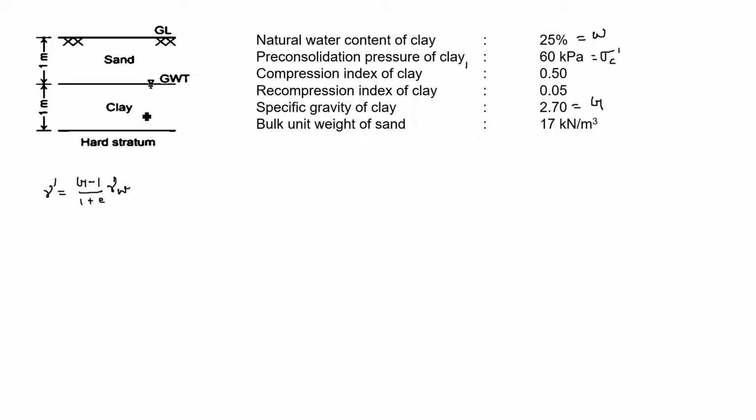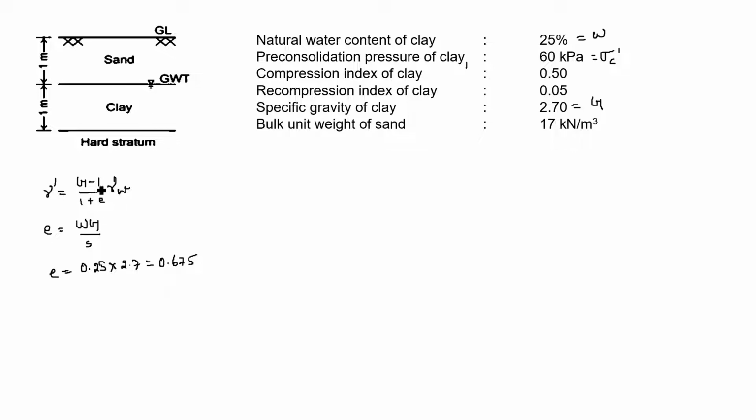So we can find the void ratio. We know the relationship between e, w, G and S. In this figure, the clay is under submerged condition, so S will be 1 since the soil is saturated. So e is equal to w into G. The w is given as 0.25 and G is 2.7. So e will be 0.675, since S is 1 for this condition.